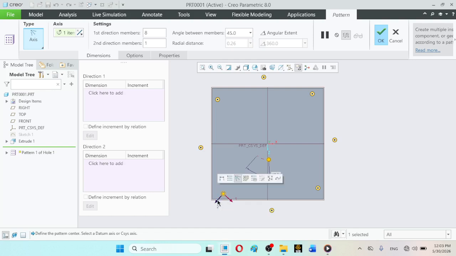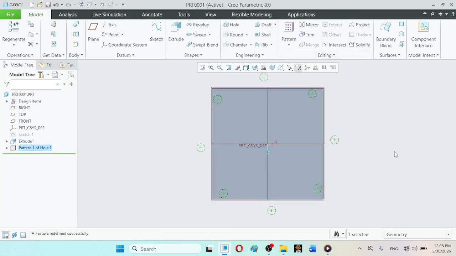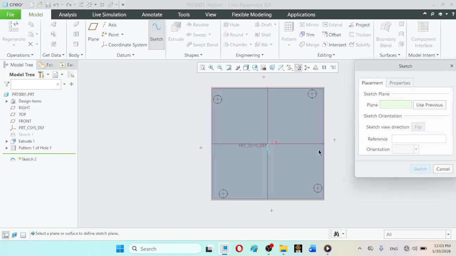Sorry. So if the object was available, here for example I can create a feature.